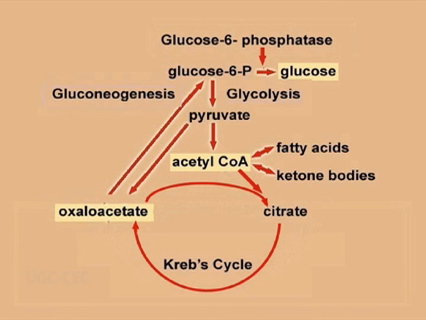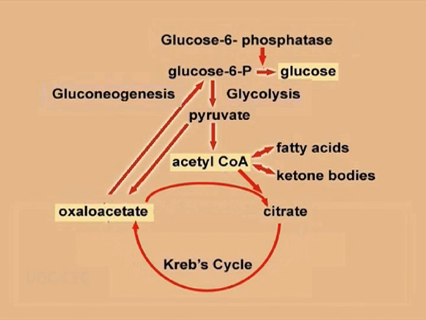Gluconeogenesis is crucial for survival of human beings and other animals because these organisms possess a number of tissues, including the central nervous system, kidney, red blood cells and testes, that use primarily glucose as a fuel to generate energy. An adequate level of blood sugar must be maintained so that the tissues receive the necessary amount of glucose.